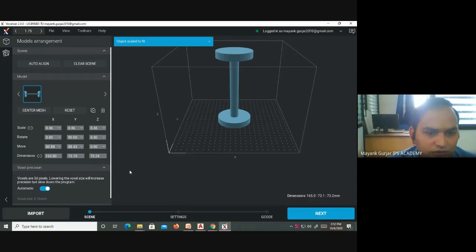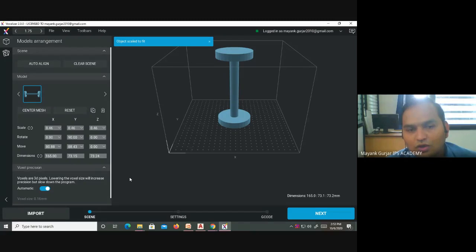As we know, if we decrease the layer height, the speed will be less. The part will take more time to print, but we will get a more precise, accurate part. So it depends on where it is to be used.